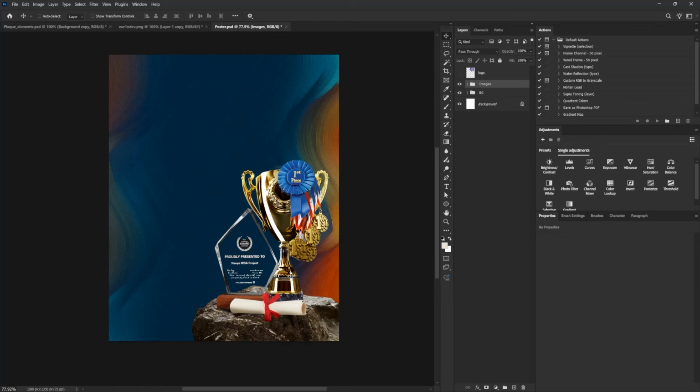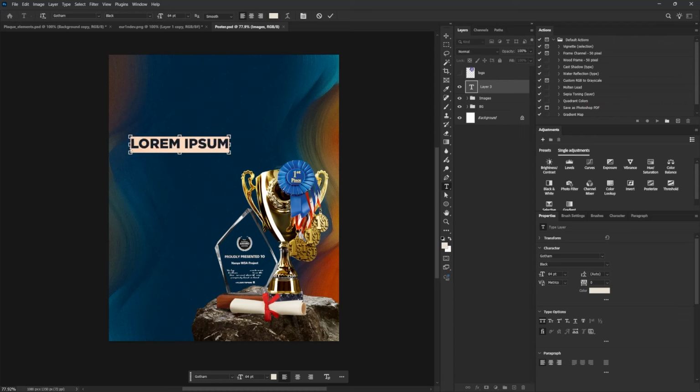I already have the content typed, so I'm going to quickly put everything together now in the project. I'm going to start with the title, so I'm going to copy that. The type I'm going to use here is going to be Gotham. The reason why I'm using Gotham is because it's a sans serif character and is mostly used or is good for corporate